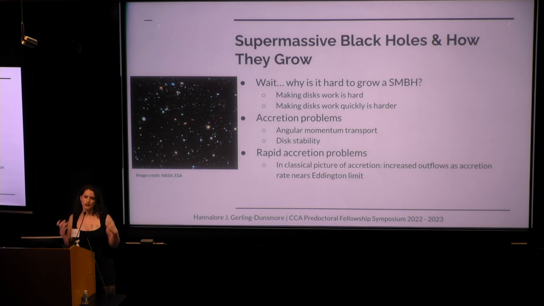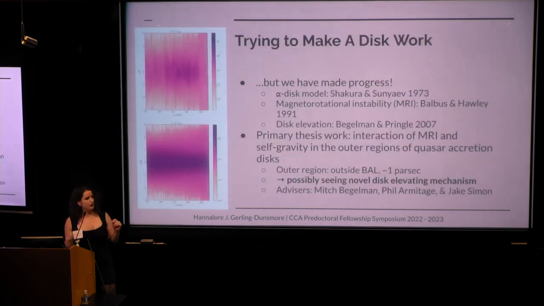You also have to keep that disk stable. You have to keep it from fragmenting into stars. And that also is a non-trivial problem. Now, beyond that, if you start moving matter through these disks really fast, you start driving a lot more radiation physics in those disks, which in the classical picture should unbind infalling matter and slow down your accretion rate. So we're really not sure how they grow that fast and how they're able to power those luminous outflows. But the good news is that we have made substantial progress as a